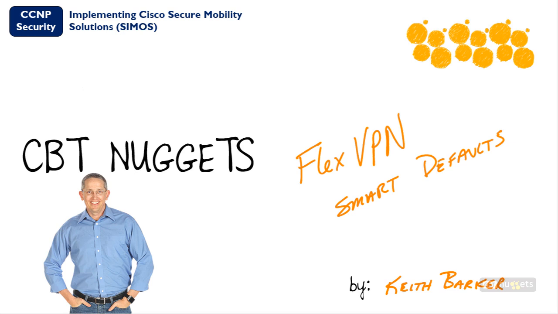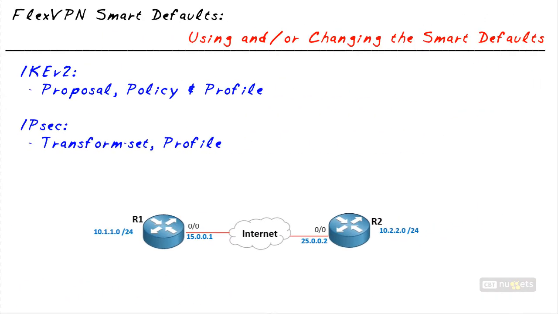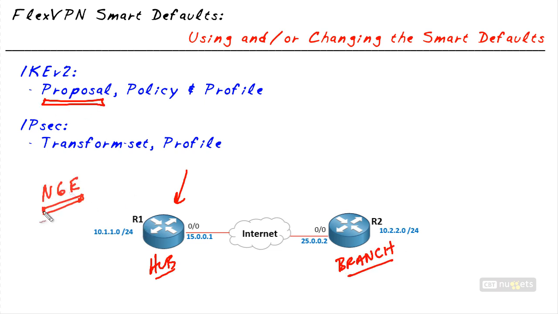FlexVPN Smart Defaults. Let's begin. One of the challenges we're very likely to face in a real-world environment is that we have, for example, a hub router, which has a lot of power and features, and we have a branch router, which maybe doesn't have quite so much. And regarding an IKE version 2 proposal, R1 may support a larger set of NGEs,